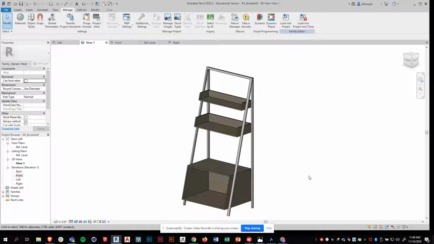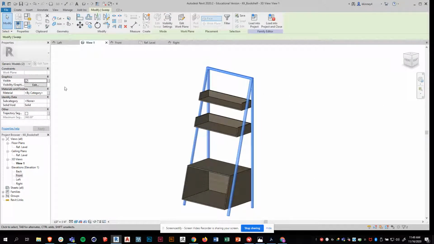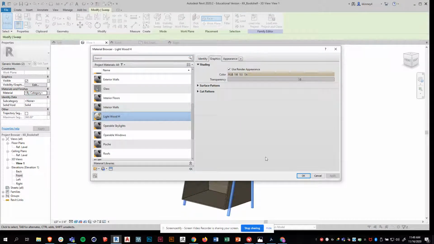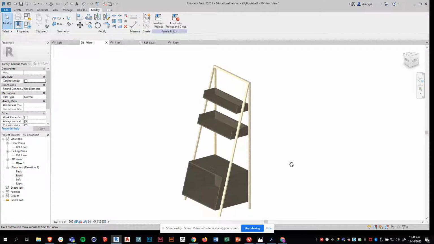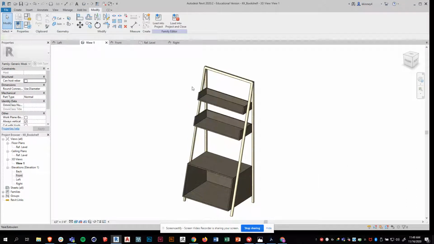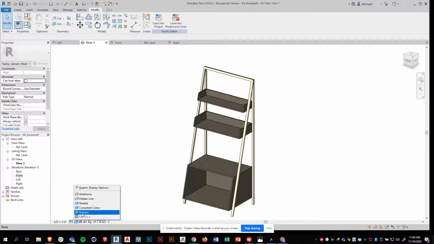Hit OK. So now I'm going to try to grab both of these. And then I'm going to go to material and choose Lightwood H and hit OK. So there that is. That looks pretty good. I mean, it's not bad, right? So if I go to shaded, those texture colors are sort of still assigned to it. If I go to realistic, then I can see